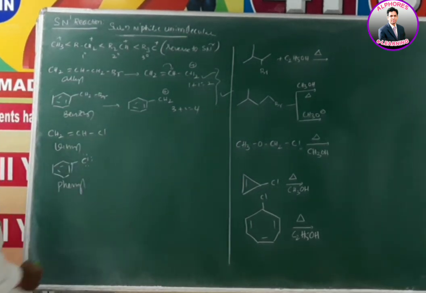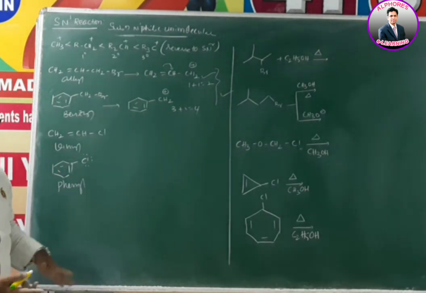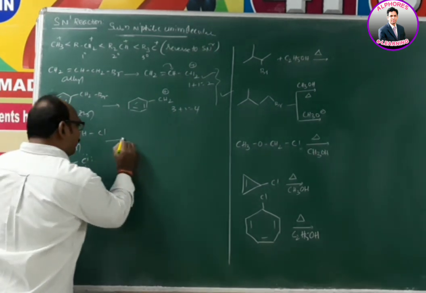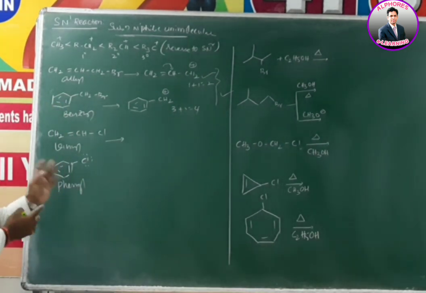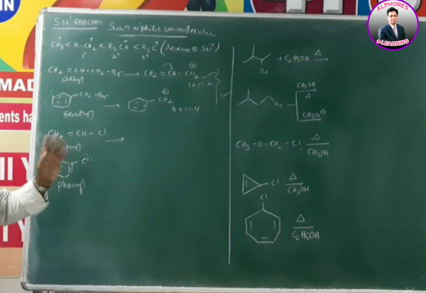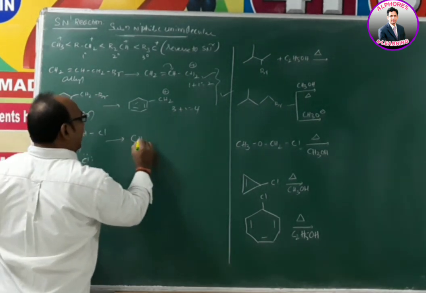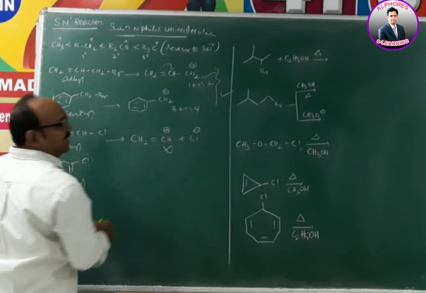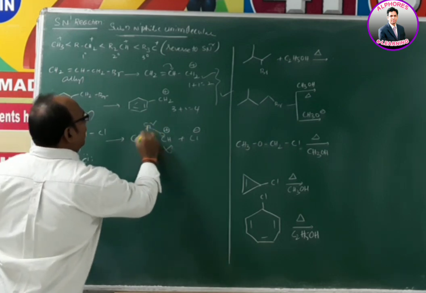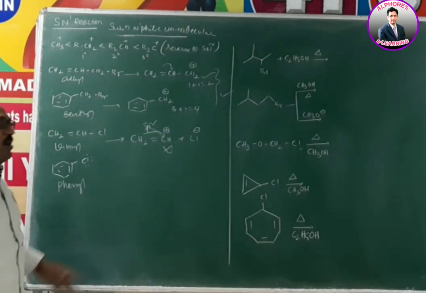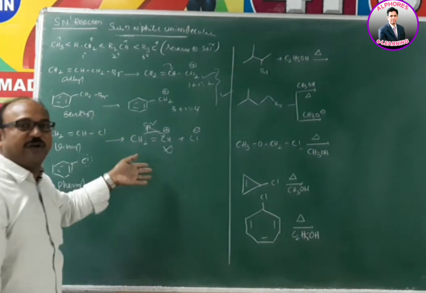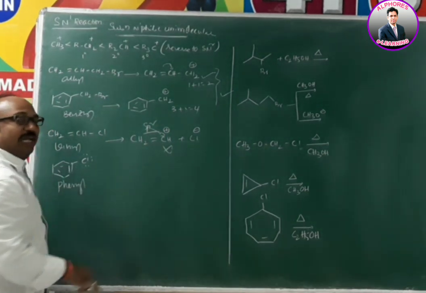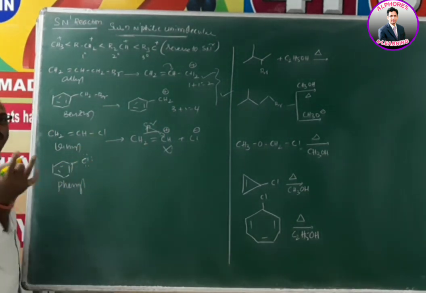Now let's come to vinyl and phenyl. In the case of SN2, what we discussed is that the nucleophile cannot approach the electron rich center. Okay, fine. Now if it is able to form a stable carbocation, then it also gives SN1. Let us check whether it gives a stable carbocation or not. Vinyl halide, CH2 double bond CH plus, Cl minus. This one is highly unstable, since this carbon is sp2 hybridized; more s character means more electronegativity, which means less stability of the positive charge. In other words, this C-Cl bond is not going to break that easily.